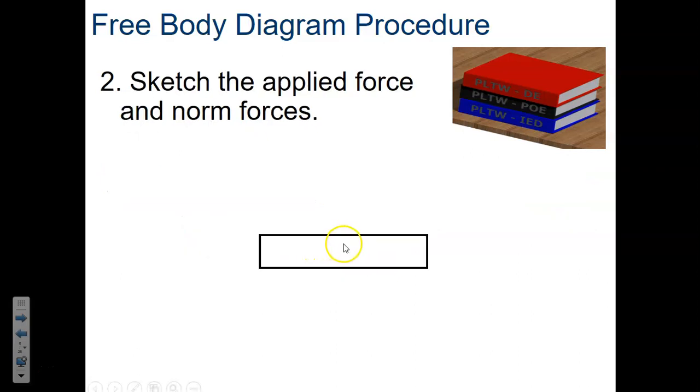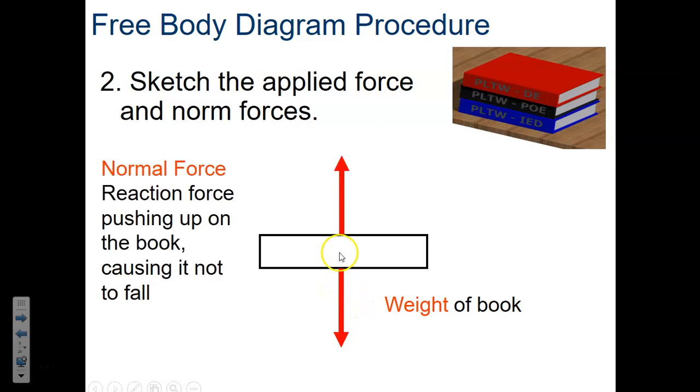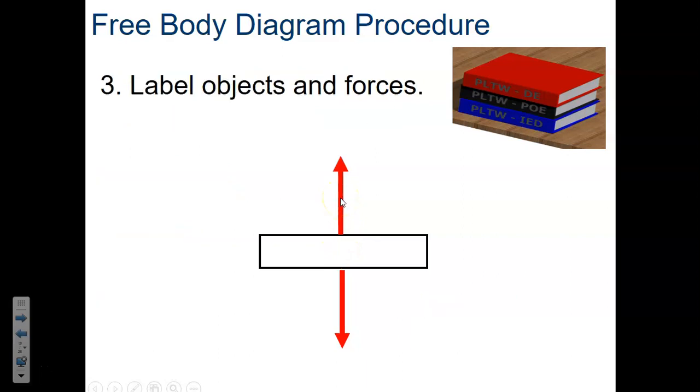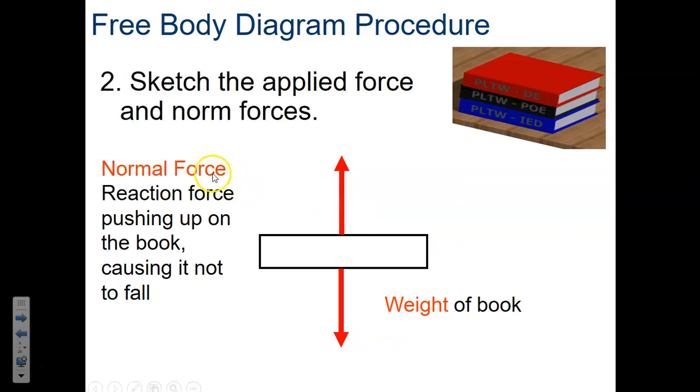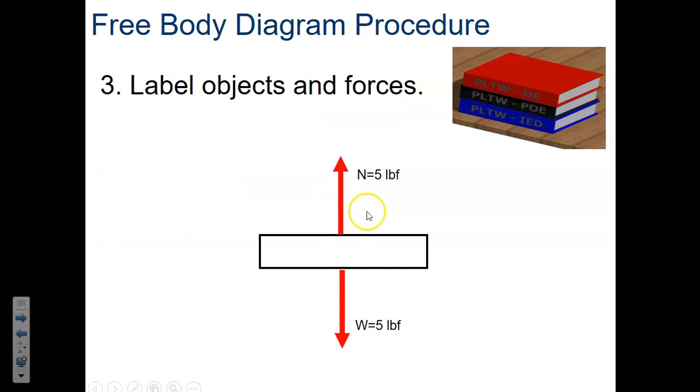So we've got the weight of the book. The weight of the book is down, and you can just represent the weight of the book as W. And you've got the normal force, which is up, which you can just abbreviate as N. Now these forces are in equilibrium. These forces cancel out. I don't know where they got these numbers from, but they